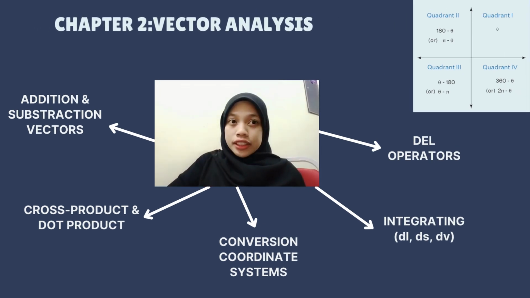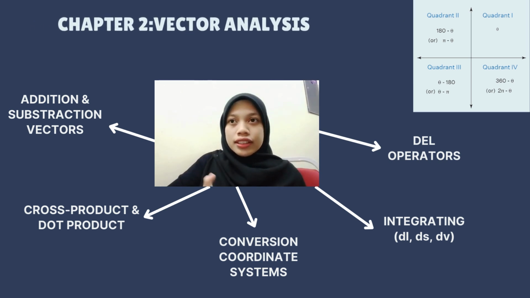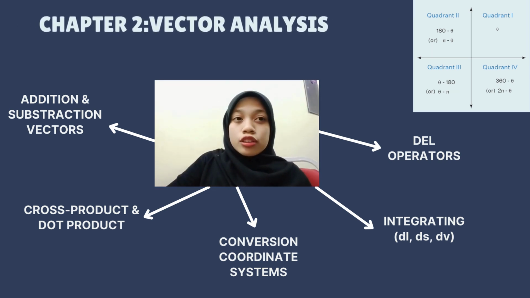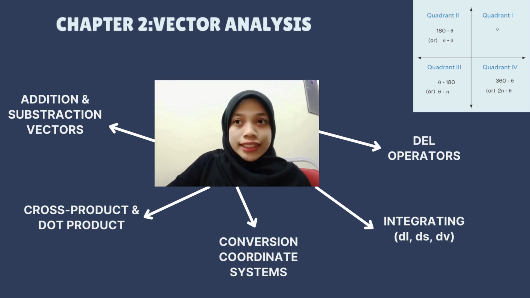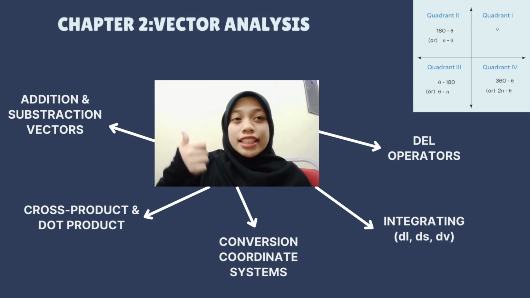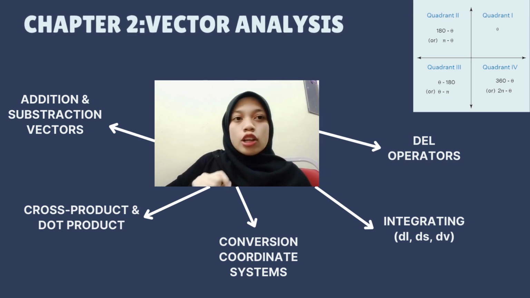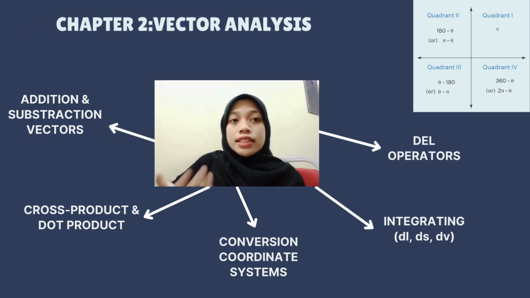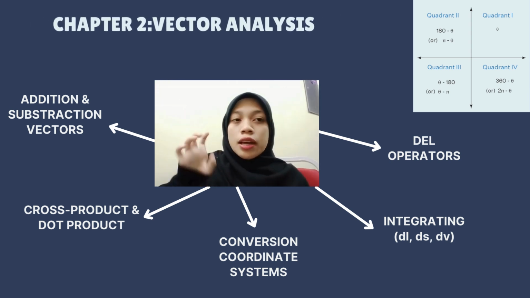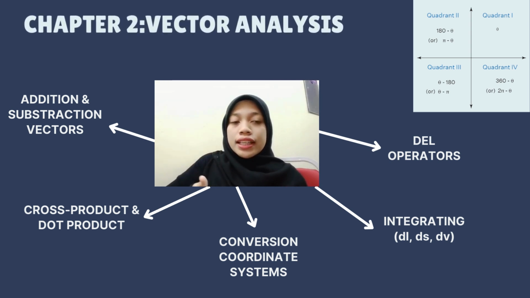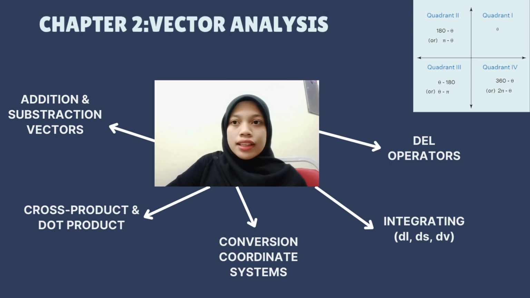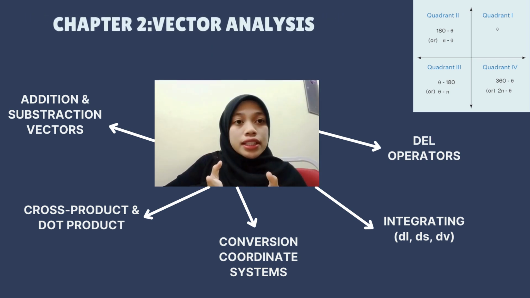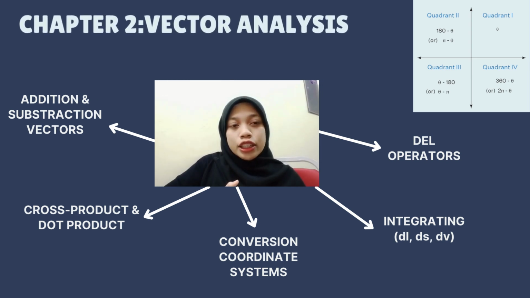Basically, in this chapter, we will learn about the basic vector. This includes addition and subtraction of vectors, dot product and cross product, conversion of coordinate systems, integrating dl, dS, dV, and the del operator. For the conversion of coordinate systems, you must know about those 4 quadrants because you may use them in the conversion subtopic. This chapter is not too complicated since many formulas are already given in the appendix during the